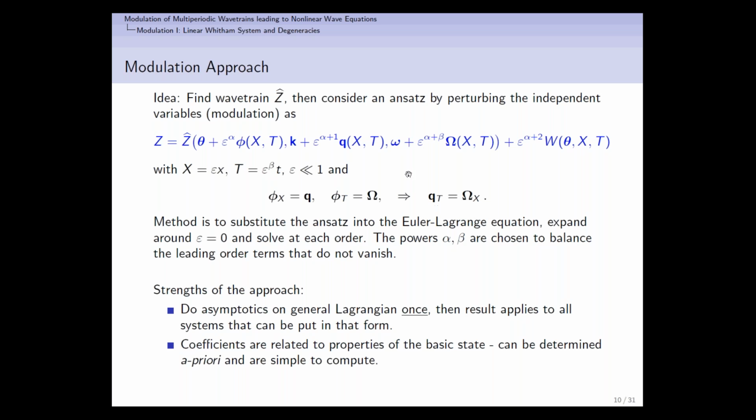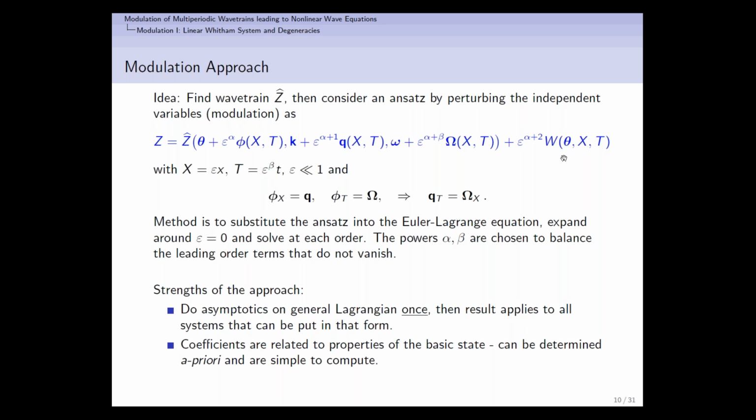So, as I mentioned a few seconds ago, the strategy is to take this ansatz here and put it into the Euler-Lagrange equations from an earlier slide. I'm going to Taylor expand about the epsilon equals 0 state, and then I'm just going to solve at each power of epsilon like I would with normal asymptotics. And doing that, I'm eventually going to end up with a PDE, linear or nonlinear, depending on whether certain